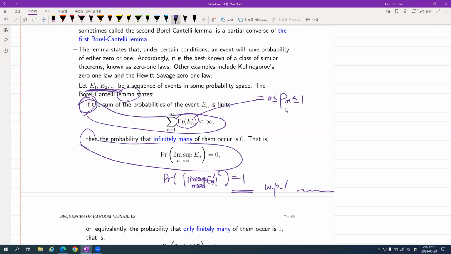That's why in this graduate level probability course, I have spent a lot of hours to explain the difference between convergence in the almost sure sense, convergence in probability, and convergence in distribution. Okay, so please remember this. Borel-Cantelli lemma is one powerful tool. I'm not saying that it's omnipotent or omnipresent. It's a powerful tool to prove almost sure convergence.